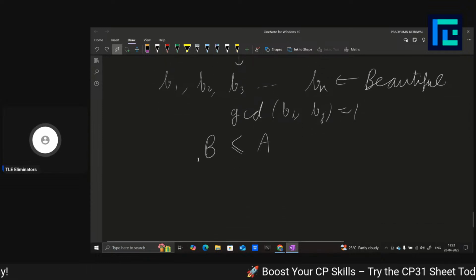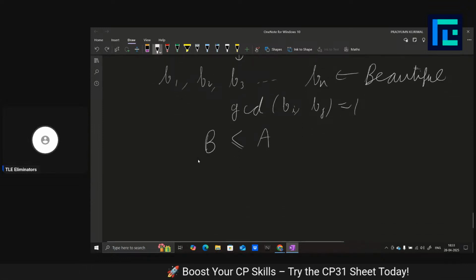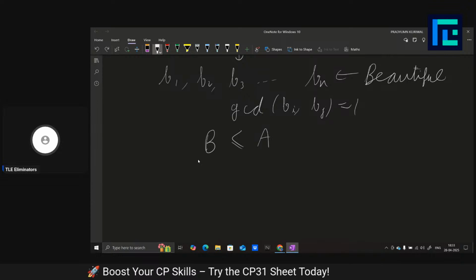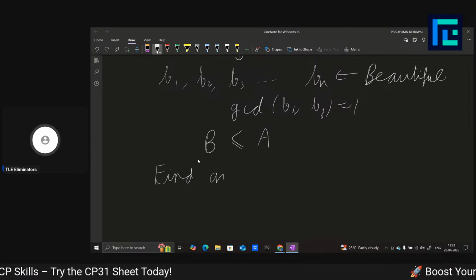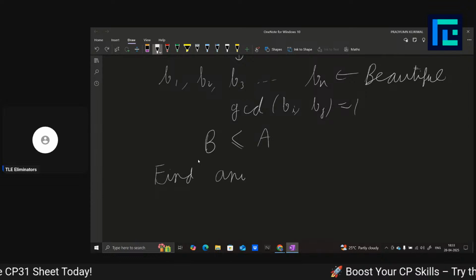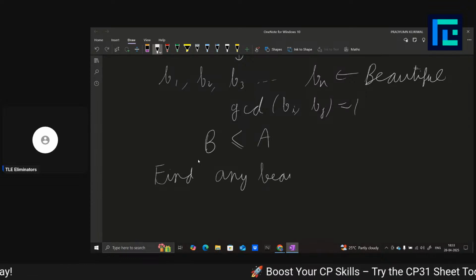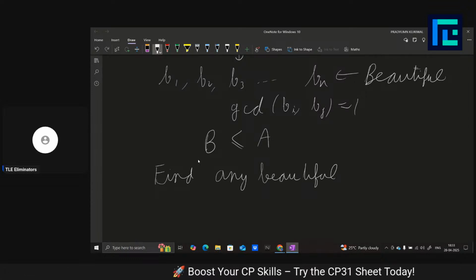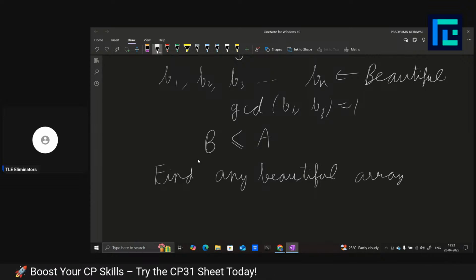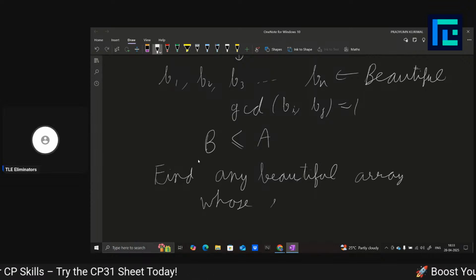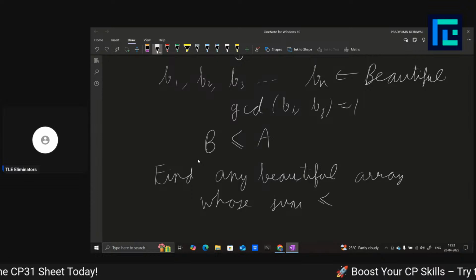Like your new task has boiled down to just find any beautiful array whose sum is less than equal to a,